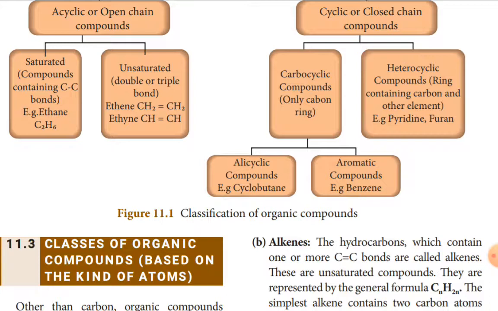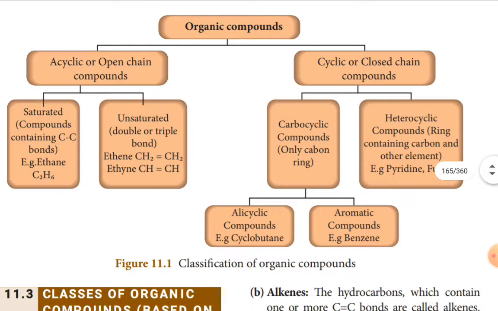Benzene ring means they possess alternate double bonds between the carbon atoms. That is the benzene ring having the formula C6H6. So when you go through this graphical representation, you can easily understand the classification of organic compounds